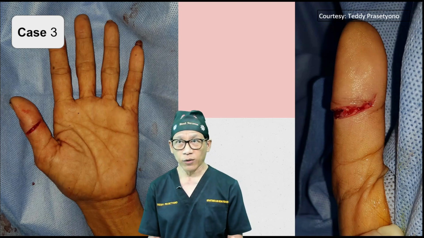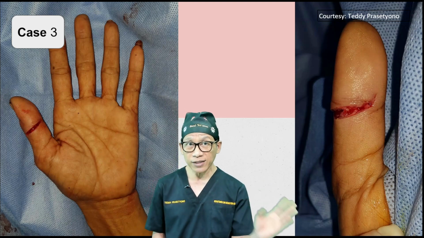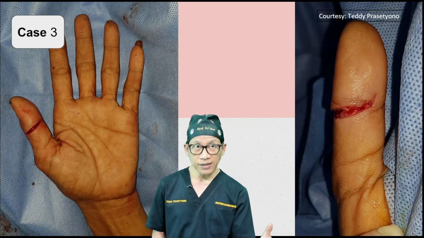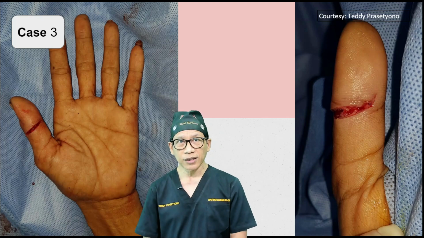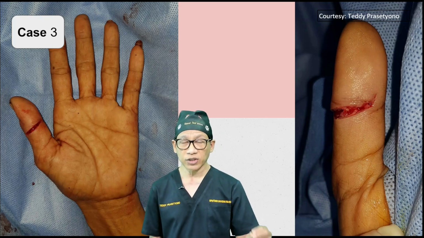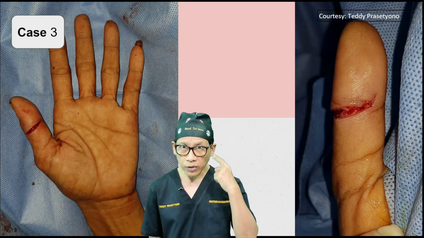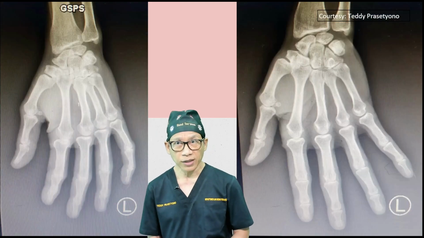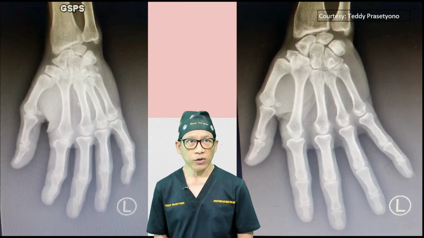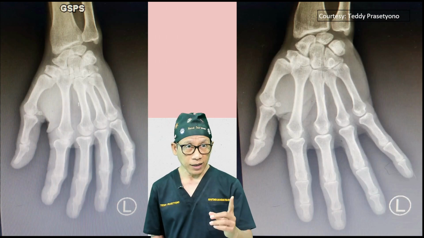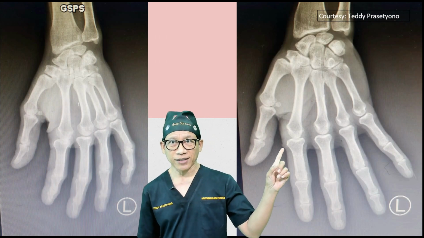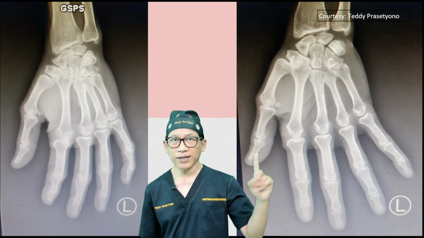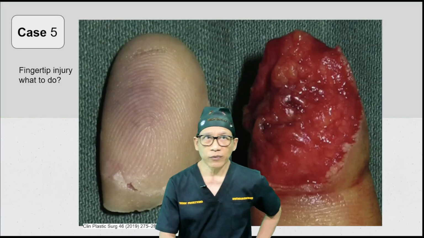Now you could suspect which structures may be injured, and it's still radial, okay. So the radial cable with the artery and nerve may also be injured. So then you can check to confirm whether your hypothesis is correct or not. With this part, we could also see that the bone is involved, like in the picture. Yes, correct. So here, the fracture on the thumb. Okay, so now you could check the motion.